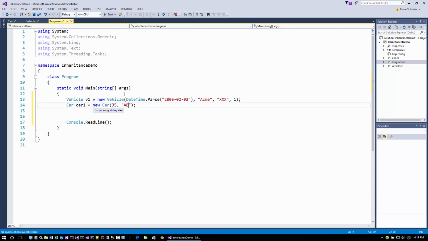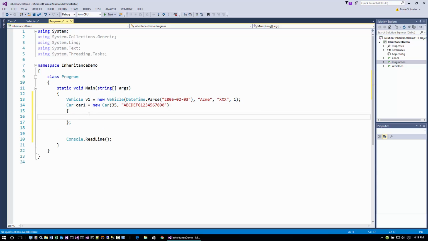Besides the fact that we have to define the VIN using exactly 17 characters, we have no way of assigning the other 4 values that are defined in vehicle through this constructor. Well, that can be a problem. We could, of course, use initializer syntax as such, and then define each of the additional